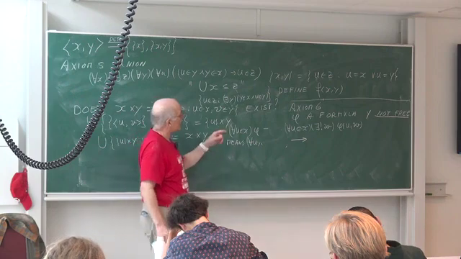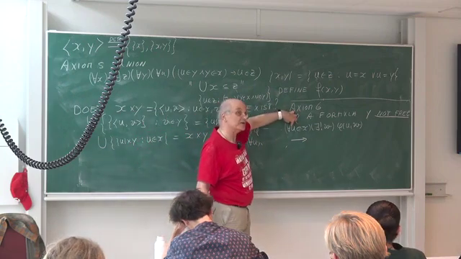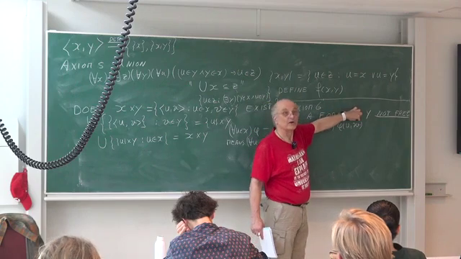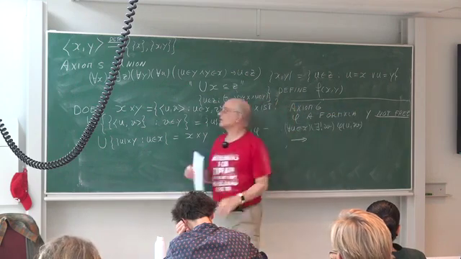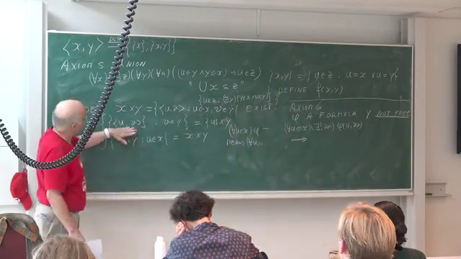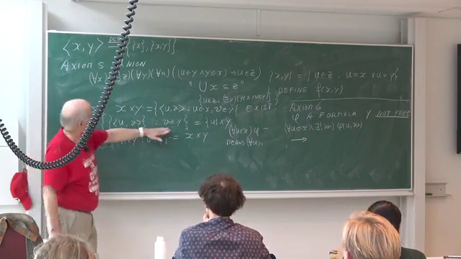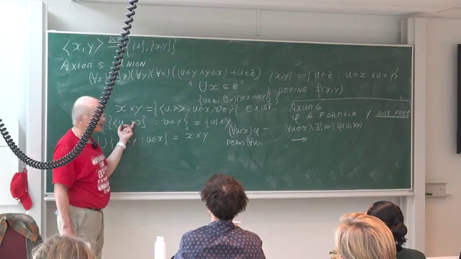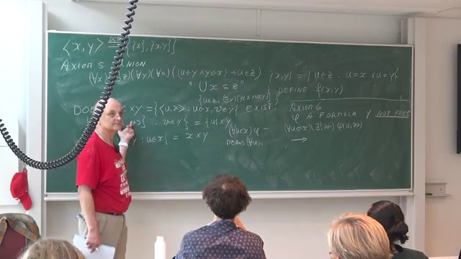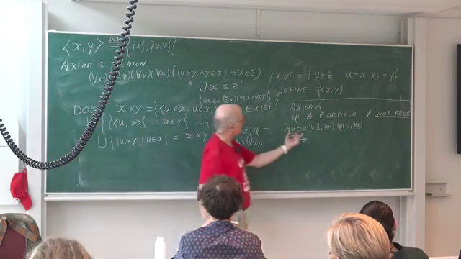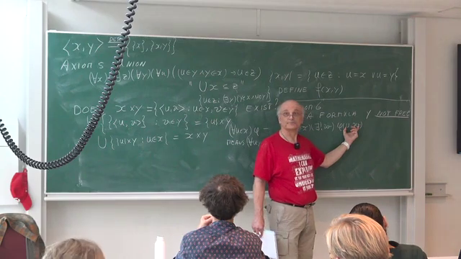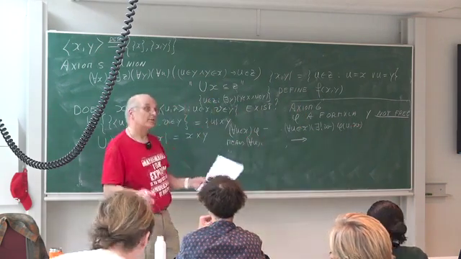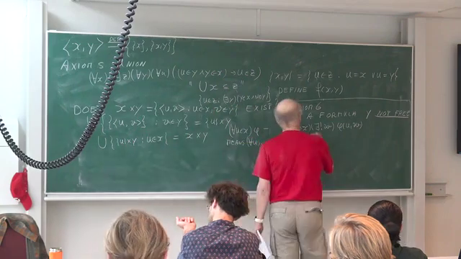Suppose you have a formula and you know that for every u in x, there is exactly one w such that this formula holds. Now you can write this down as a formula. For every v in y, there is exactly one ordered pair whose first coordinate is u and whose second coordinate is v. That is what this could express, for example. Suppose you have a formula that does that, then